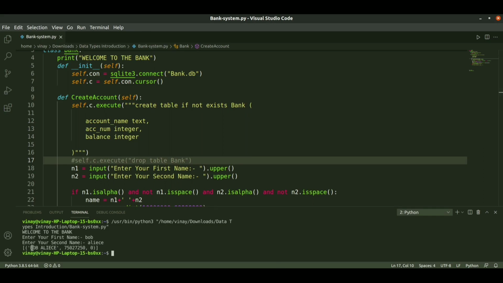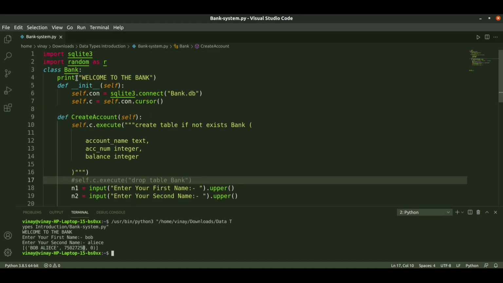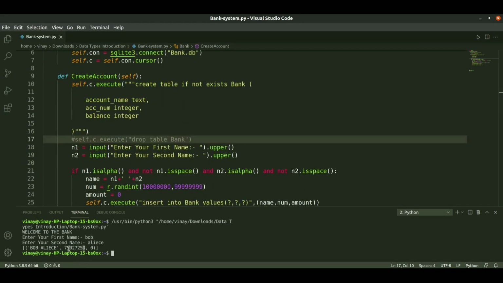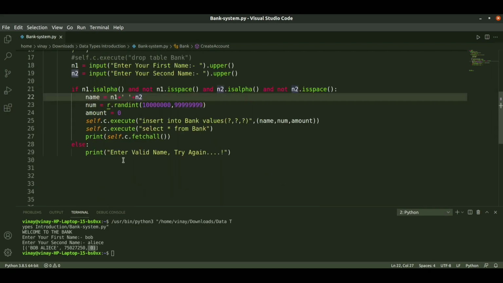So here we created the account holder's name, and the account number is the random number generated by the random module. This is the balance, which is 0. Initially we defined it as 0.